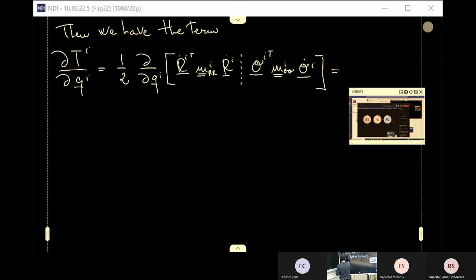So basically, we can rewrite it as follows. We have 0 transposed. Then we have 1/2. Of course, the only part of the q which matters is the theta. The only dependence here is not on the r, it is on the theta. So I can just keep the derivation with respect to theta. Of what? Well,